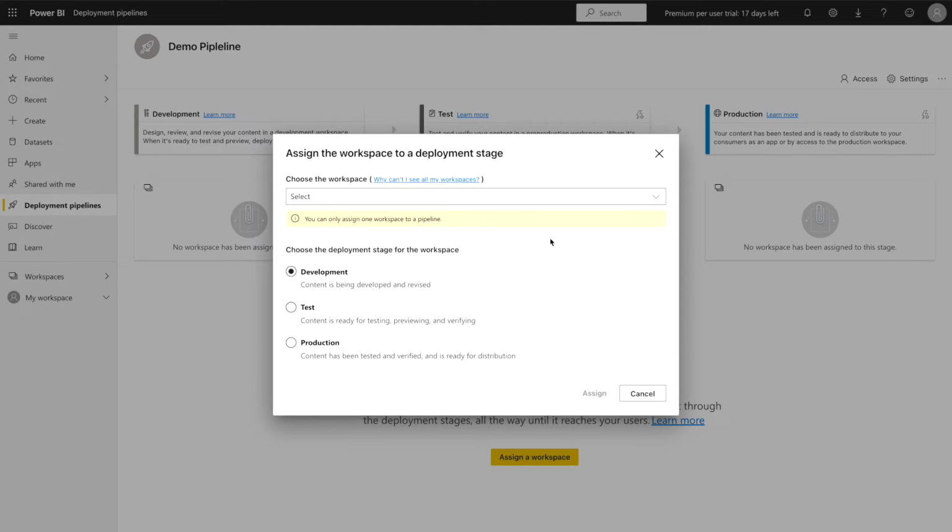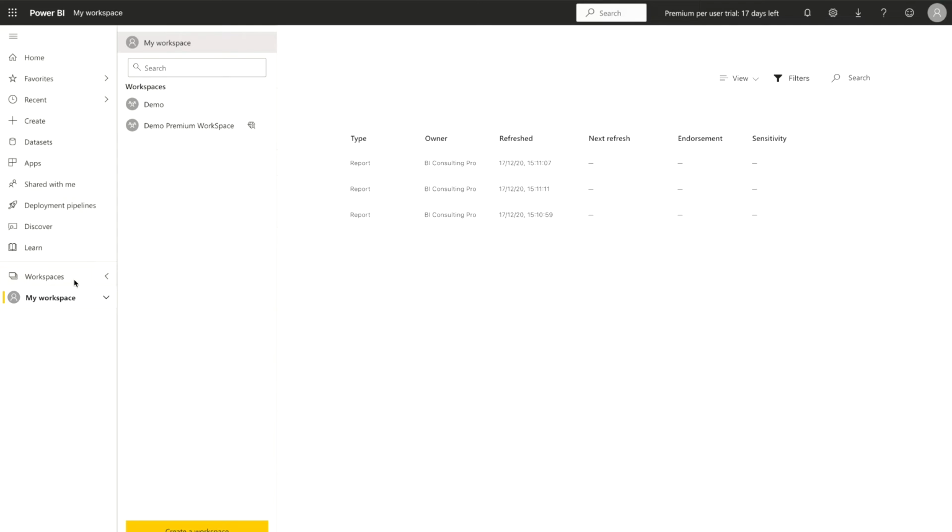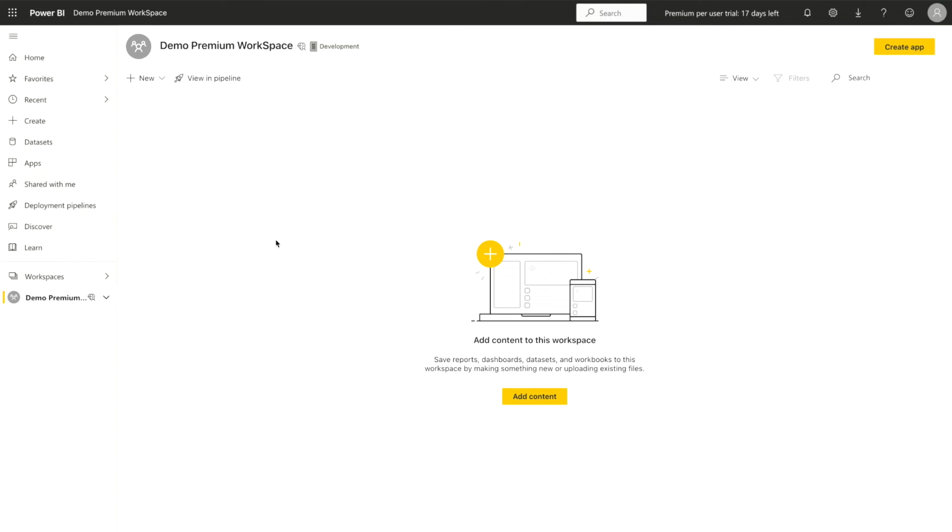And the best part is that you don't need to create all three different workspaces, that means development, test, and production. You just need to create one, and automatically the other two are going to be there. So over here I'm going to select my demo premium workspace, development, assign, and here it is. So if I go into my premium workspace over here again,